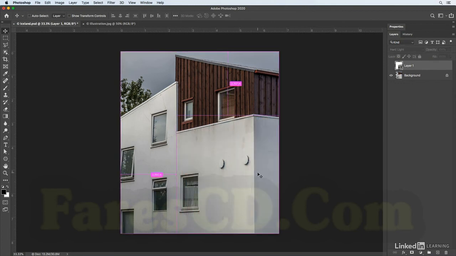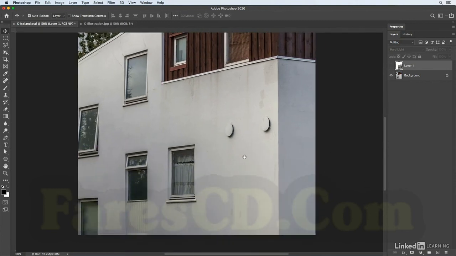use the spacebar to reposition the image, and with the Polygonal Lasso tool, I'm just going to click in order to draw straight lines around the window. I don't think I really want it on the window frame either, so I will select that, come up the right side of the window, and then if I want to, I can add to this selection using the Elliptical Marquee tool, clicking the second icon here to add to my selection, and I'm just going to drag a circle or an ellipse around these two other items on the wall.